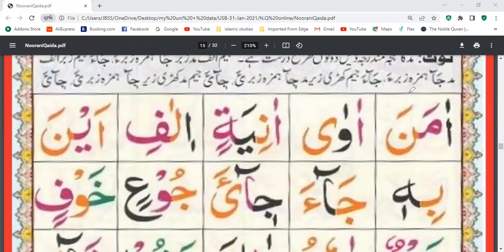A'udhu billahi minash shaitanir rajim. بسم الله الرحمن الرحيم.